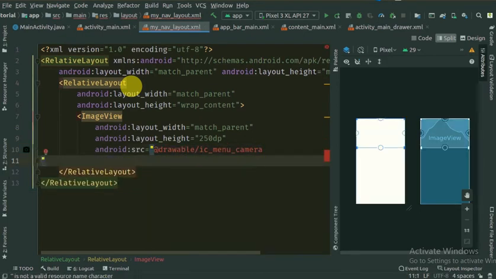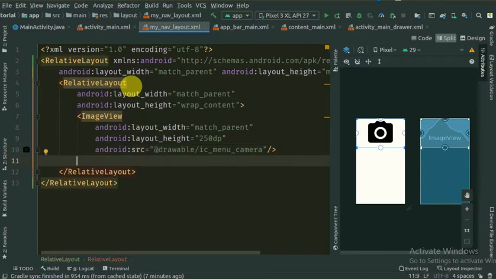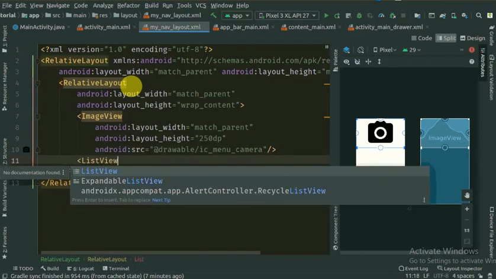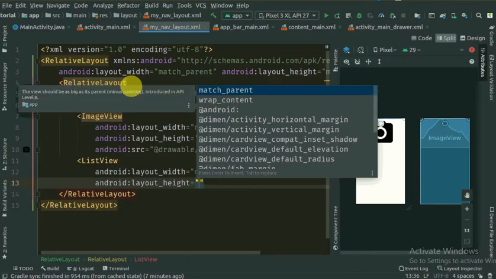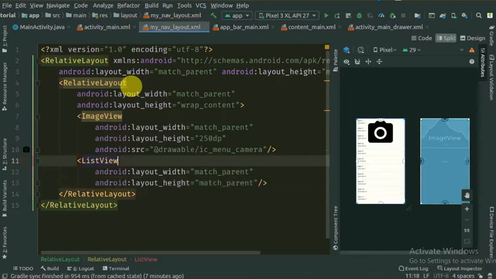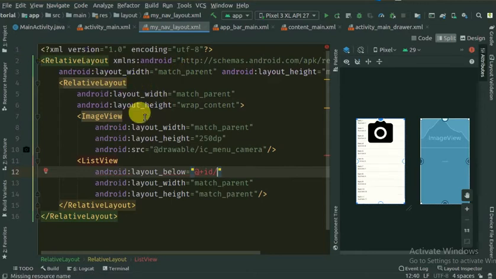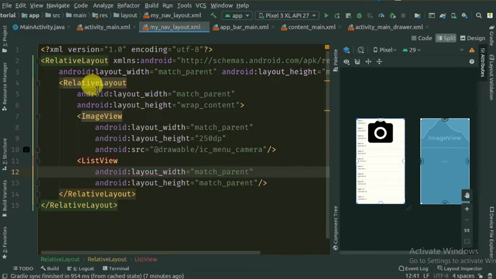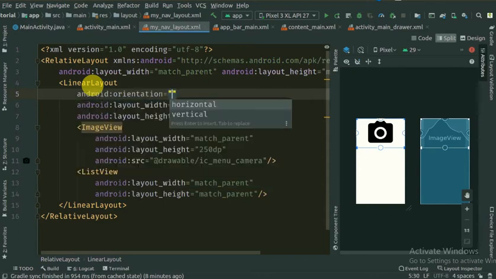So I'm just creating a custom layout to add it inside our navigation view. So this is the list view. Width is match parent, height is match parent, but let's make it below this image view, or let's make this a linear layout, orientation vertical.